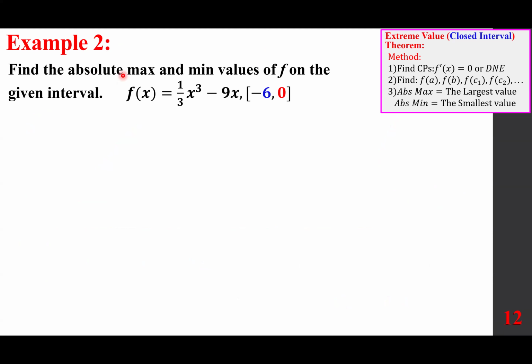Example 2: find the absolute max and minimum values of f on the given interval, where f of x is 1/3 x cubed minus 9x, and the interval is -6 to 0. It's a closed interval. Both endpoints are included. So what do we do? First, before we get to this methodology, everybody,